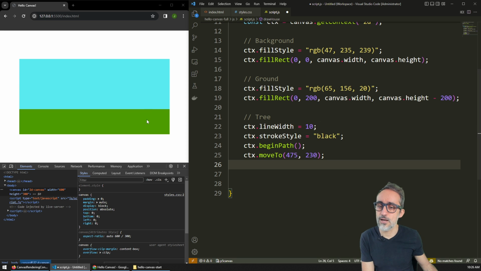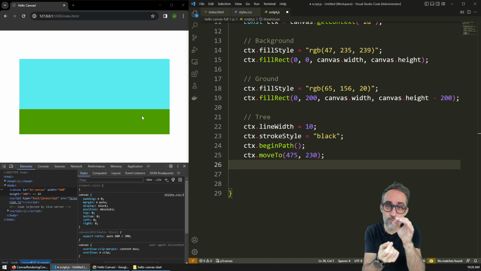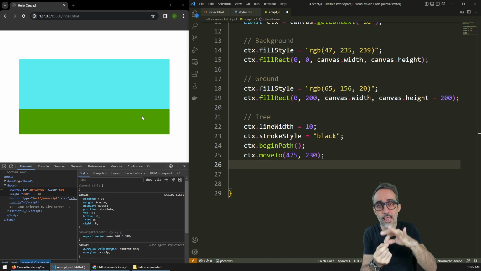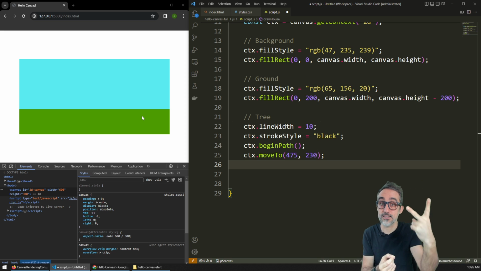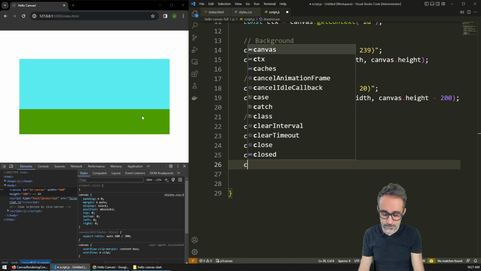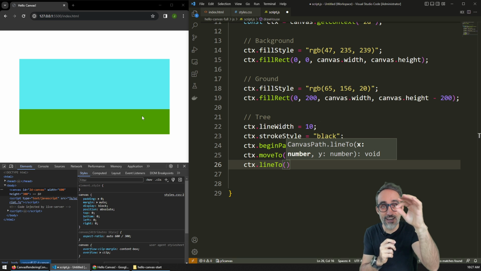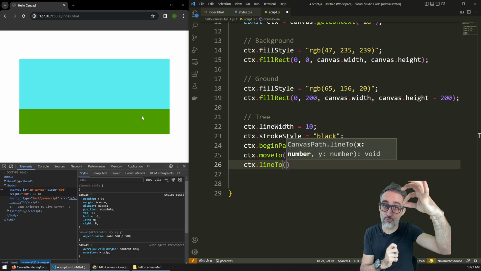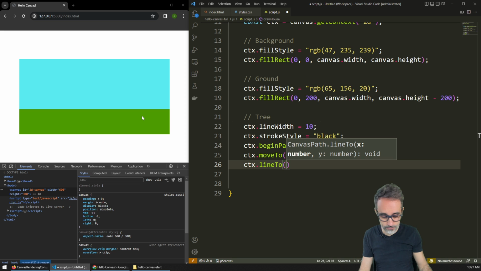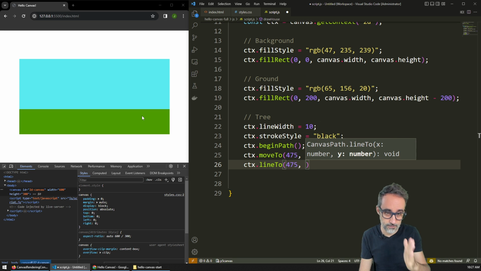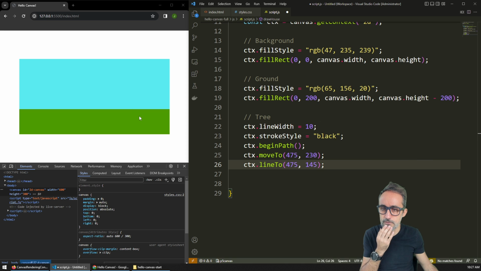So right now our cursor is somewhere here, if you can imagine. And then what we do now, once we have it somewhere, is use lineTo to specify a second set of coordinates, and that is where we're going to move next. Our cursor will be placed in that position, but it will draw a line between those 2 points. So 475, so it's going to be a vertical line, and 145 so that it goes a bit vertical like